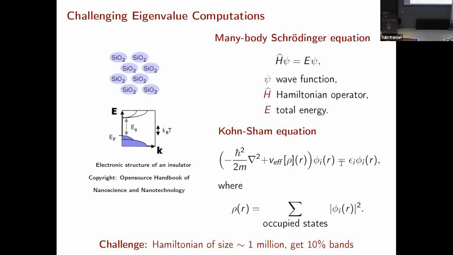In an ideal world, what quantum chemists are interested in is the many-body Schrödinger equation, which we see here, and which is actually a high-dimensional but linear problem. But the dimension is so high that we cannot solve this problem efficiently. So we try to find a better model that can be tackled in practice, and that brings us to the Kohn-Sham equation, which is also an